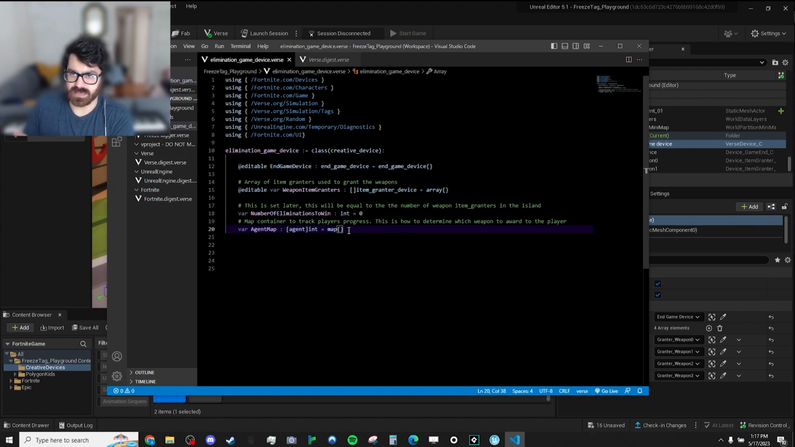You're like, hey, here's an agent. Give me what's at this location. So with an array, it's give me what's at the first location. With a map, it's give me what's at the location of the key I've given it, which is the agent. So most likely later, this will be tracking per player. And so whenever you're like, okay, I want to know how many kills this agent has, which I assume this is what this is for,